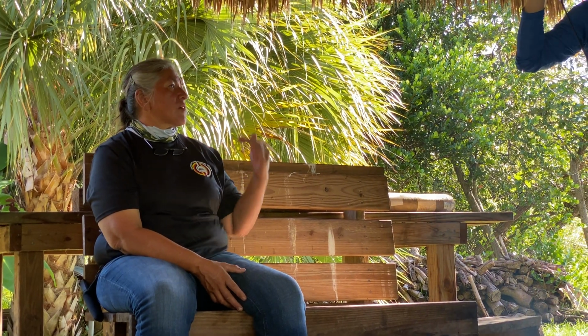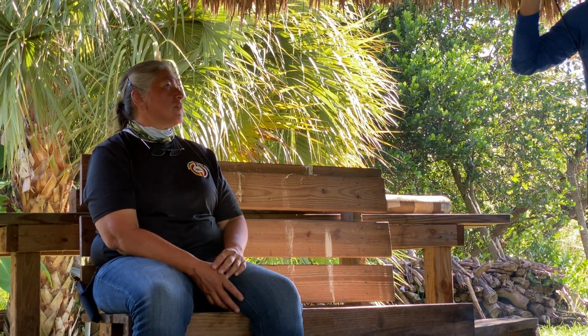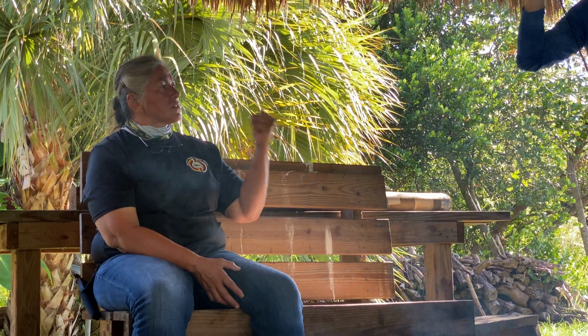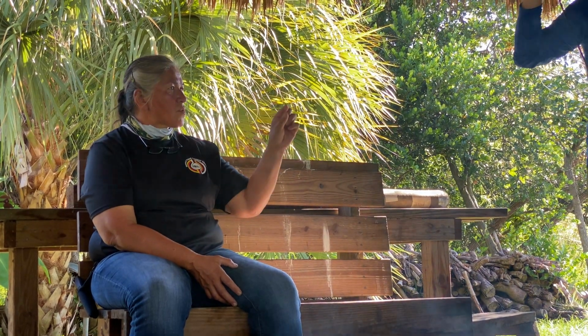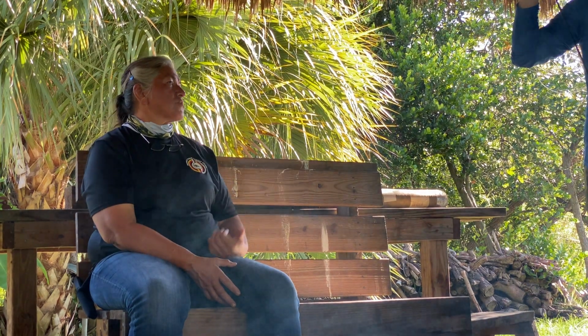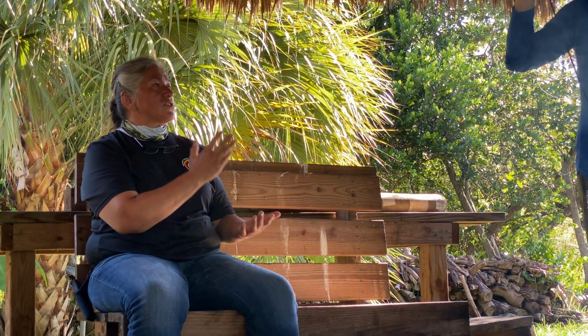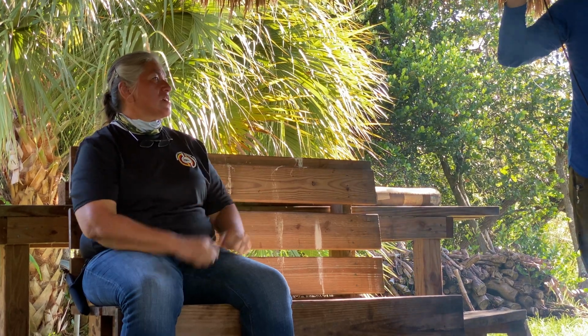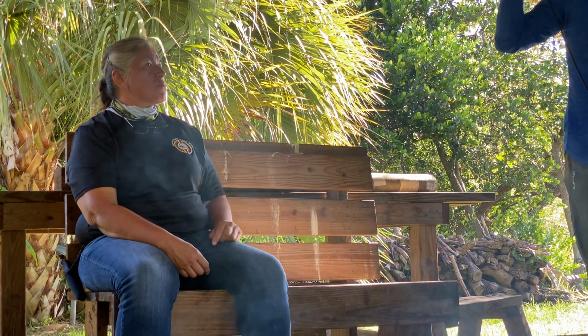If you don't have a food source and you're traveling across the Everglades in your dugout canoe and you're out hunting, and maybe you ran out of jerky, they taught us that you could pull up the sawgrass and eat a small portion of that sawgrass for food. And because it's very fibrous, that's your indigenous laxative. They would chop it up and saute it a little bit and then feed it to somebody to help